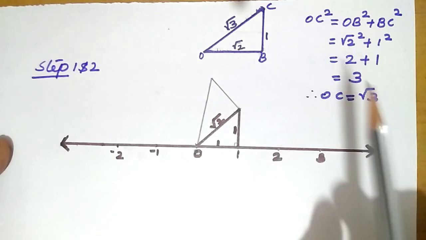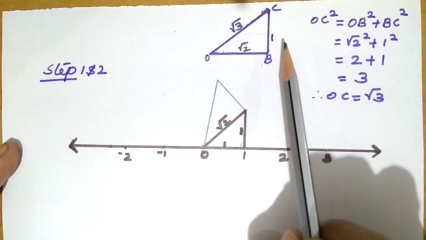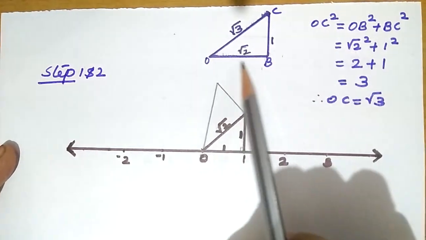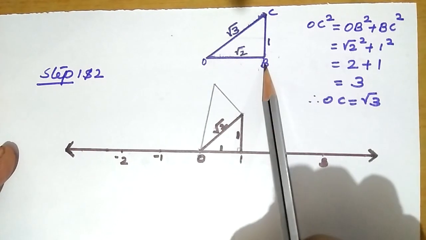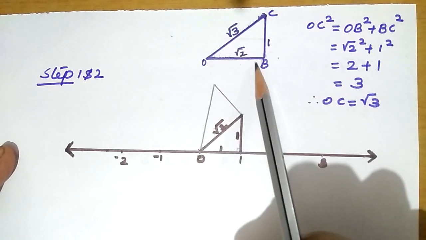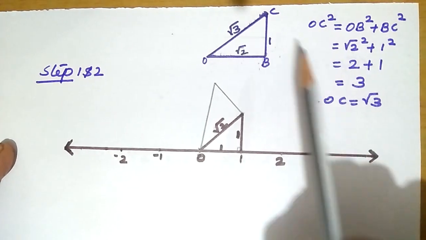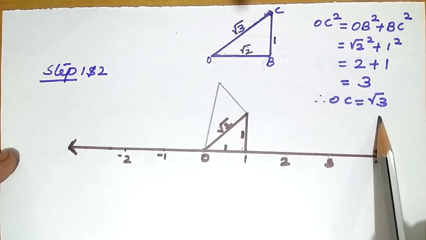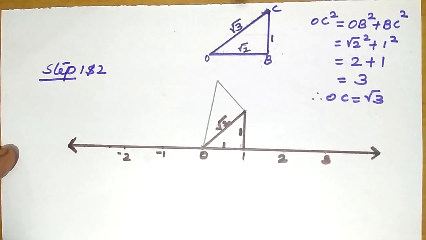What change happened here? Last time we had taken base as 1 centimeter, height as 1 centimeter. But height is 1 only here, the base changed. Whatever we have drawn in the previous drawing, that is the hypotenuse root 2, that will be the base now. So root 2 will be the base now. So using base as root 2 and height as 1, we can calculate root 3 on the number line.